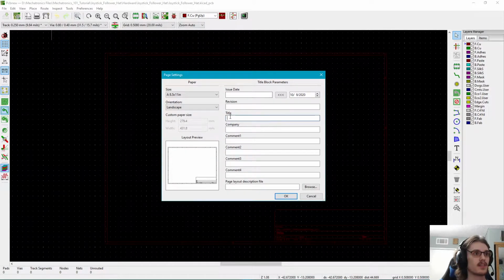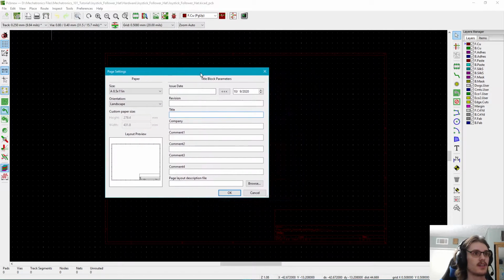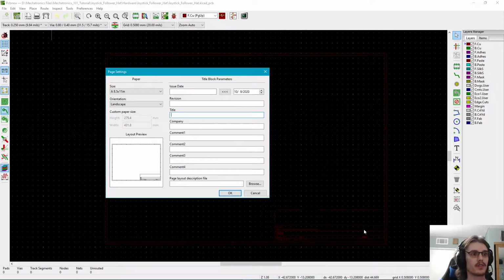Now, on here, we have a few different options that we can enter. These options affect the lower right-hand corner details of the paper. So what we're going to do is transfer the date onto here. Revision, this just means which version of the board you make. So usually what happens is you'll make a board and